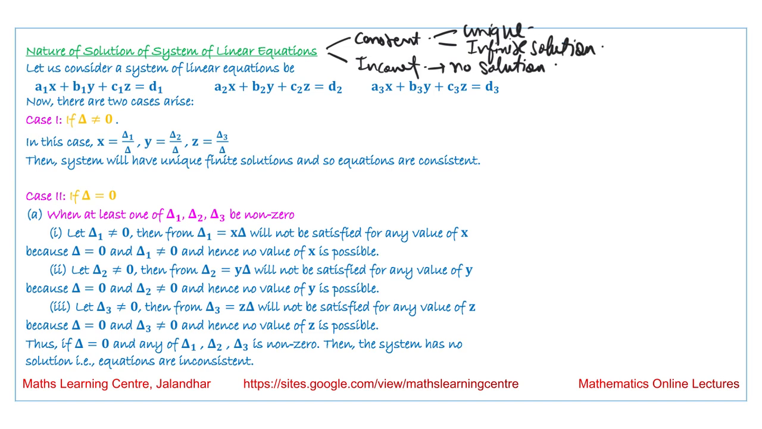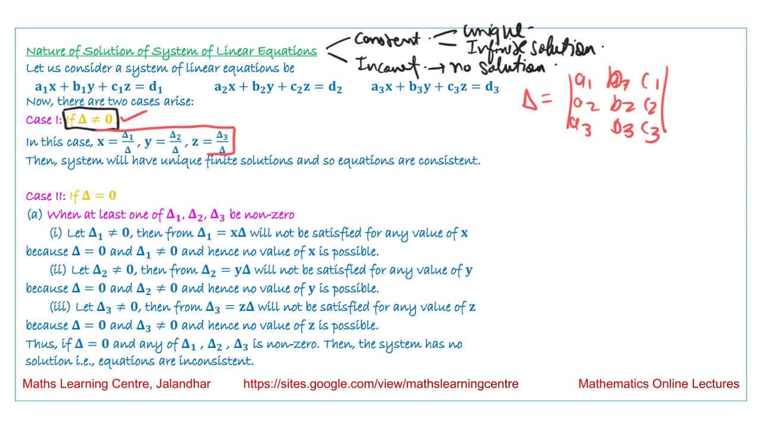So in the first case we are considering when delta is not equal to 0. Delta we have already seen; it is the determinant of the matrix A1, B1, C1, then A2, B2, C2, then A3, B3, C3. If this value is not equal to 0, then the value of x is equal to delta 1 by delta, a unique value. We obtain y equal to delta 2 by delta, and z